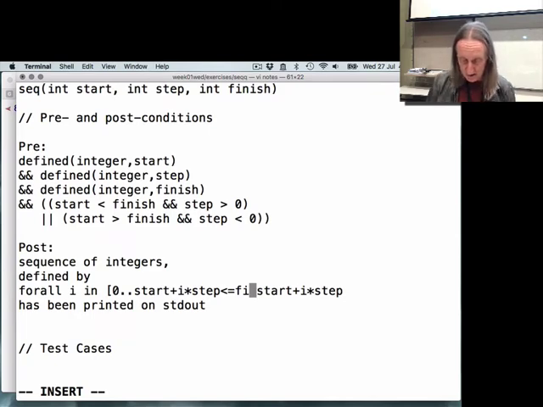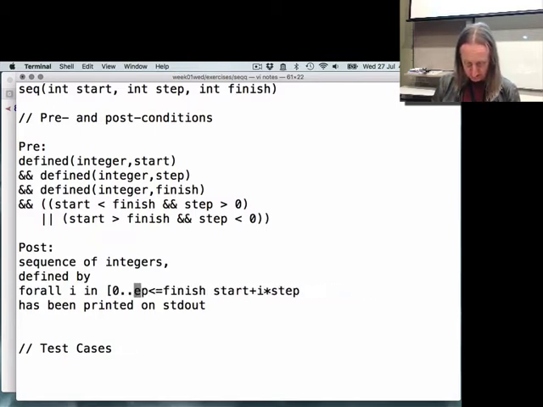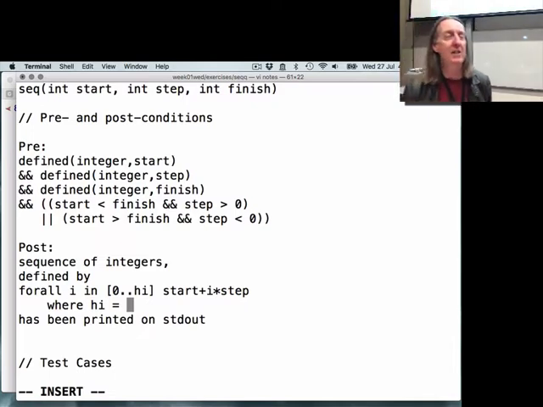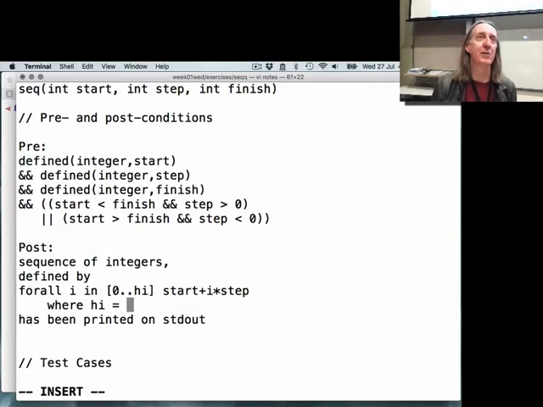We're talking about I here. Let me cheat. Which I'm allowed to do, because then I can say where I equals, and think about what it should be. So how many times are we going to go through the loop? I would argue, I think, that it's